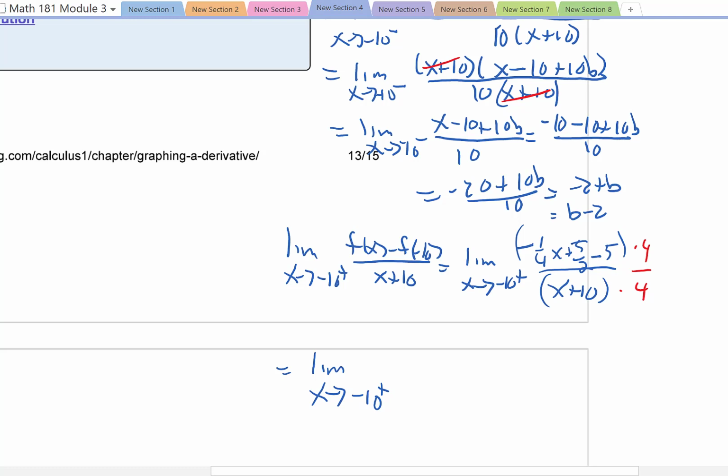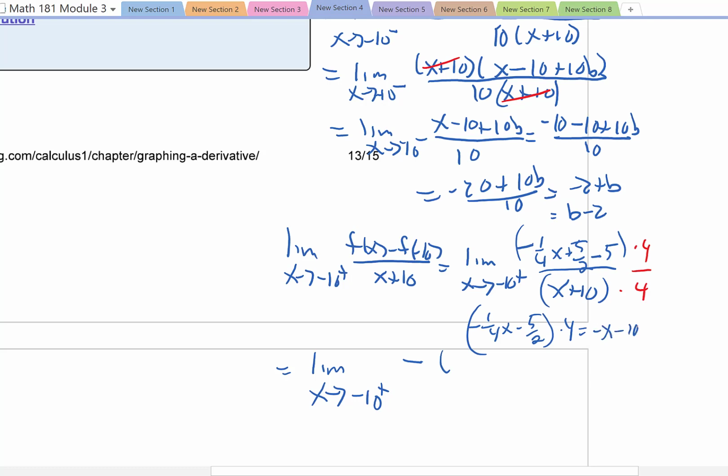So it's really negative 1/4 x minus 5/2, times 4. I'm going to factor out the negative, and the 4 is gone now. So that's positive now. 5/2 times 4 is going to be 10. So this would have been negative 1/4 x minus 5/2 times 4 equals